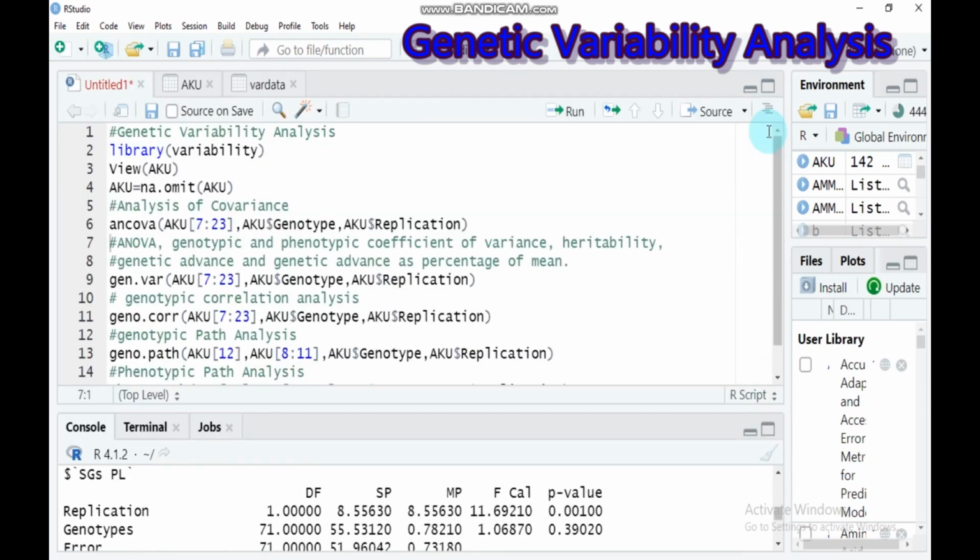Let's proceed further, especially if you want to calculate the genotypic and phenotypic coefficient of variance, heritability, especially the broad sense, genetic advance as well as genetic advance as percentage of mean. In order to do that, you have to use the function gen.var and indicate the data name. Here are the columns starting from 7 to 23, and here are genotype and replication. So type this, submit to our studio,